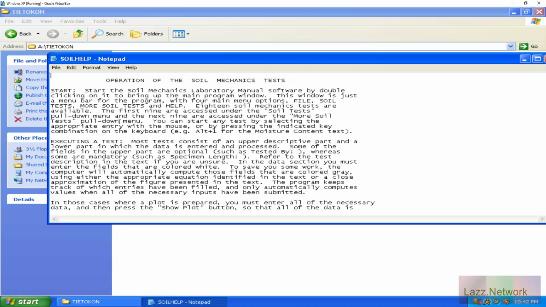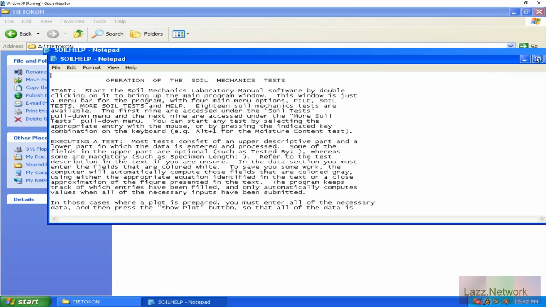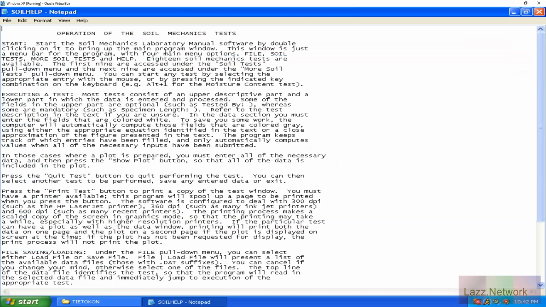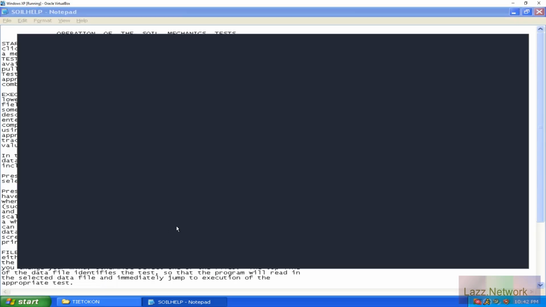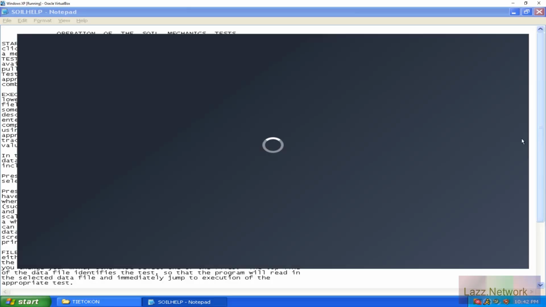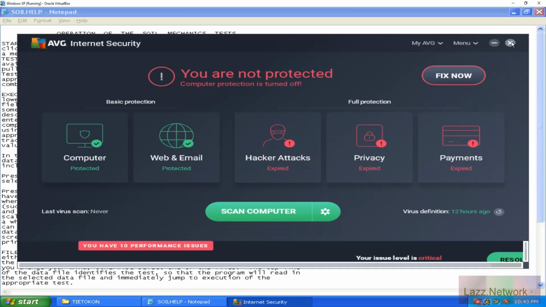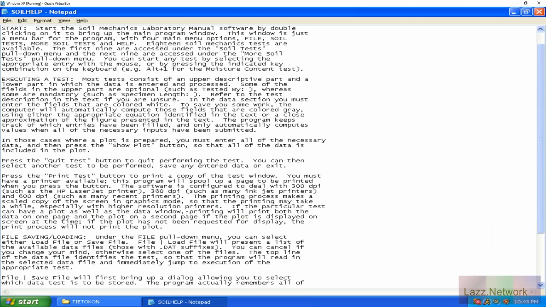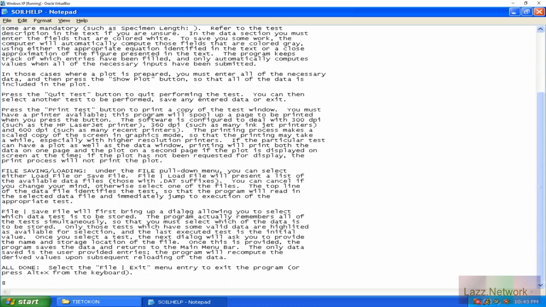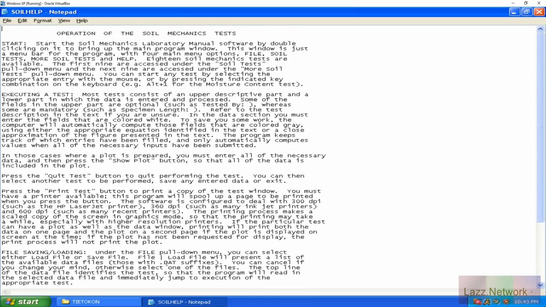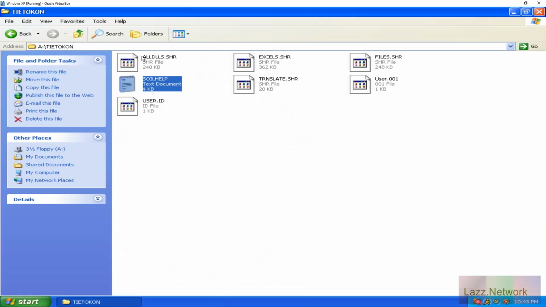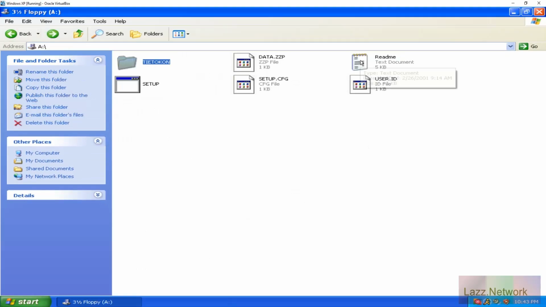We've got a help file that tells us what this is, the operation of it, how to start it, how to execute it, what it can do, what it can't do. Thanks, AVG, you're great. File saving and whatnot, which I'm pretty sure is going to be the same thing within the help file of the software itself. Even if we check out the README